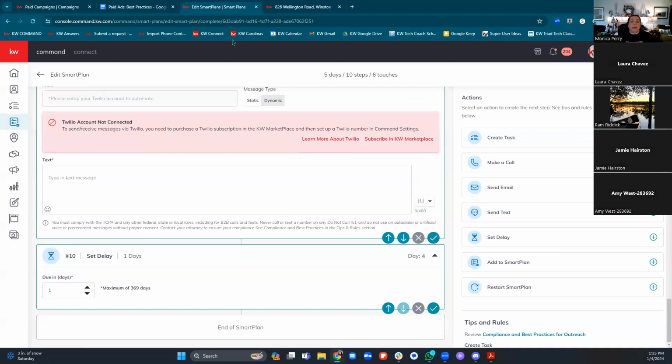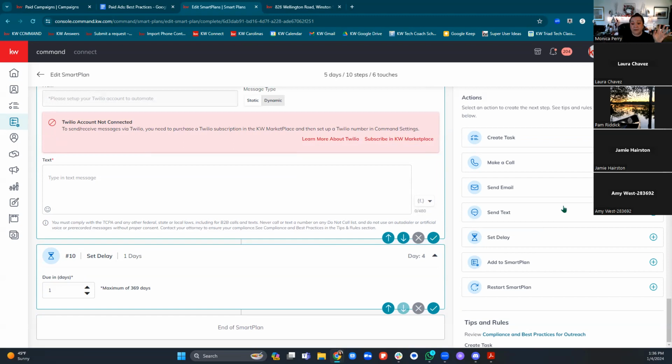Now, I have people that have different schools of thought on how they want these smart plans to be set up. Some folks want it all in one smart plan, so they just set it and forget it. Some folks want it to be separate smart plans that are triggered at the end of other smart plans. It's really up to you how you want it to work. I am a one smart plan kind of girl. So just so you guys can see the way that I would do it, say this was the end of